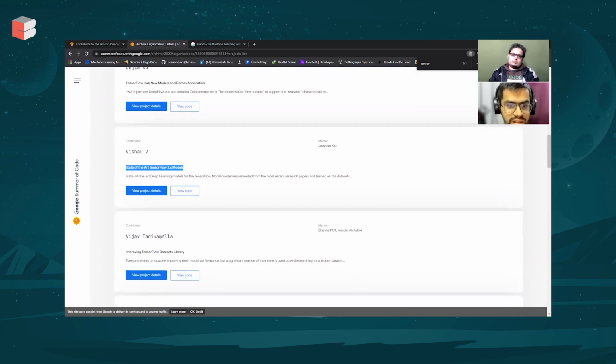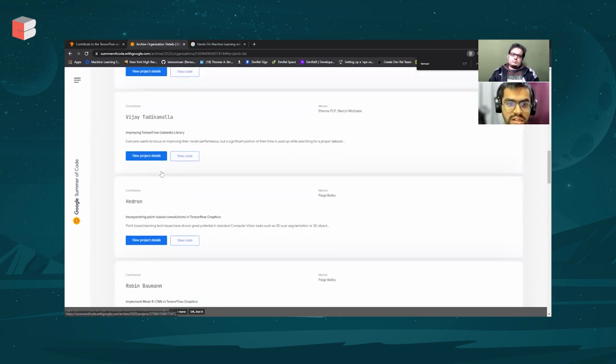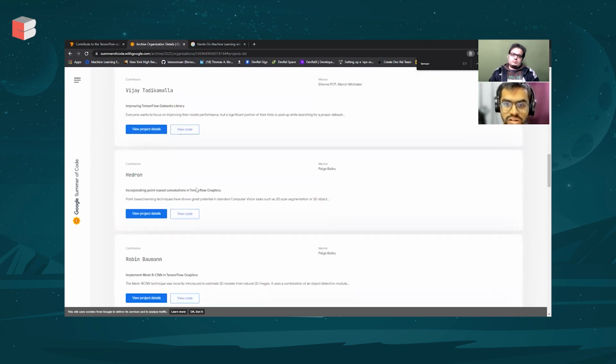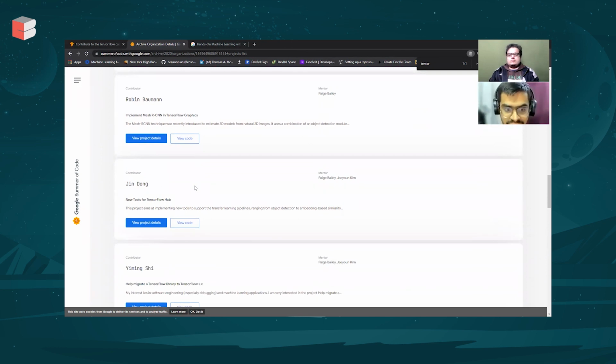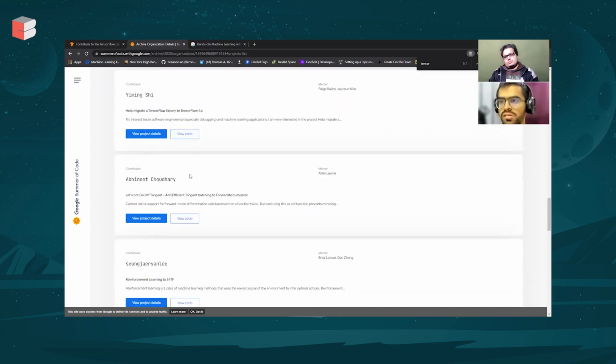Then a datasets library, then incorporating point-based convolutions, which will be based on C++. So you'll find a good variety of projects that include both the core and the application sides, and each and every year we have such projects.